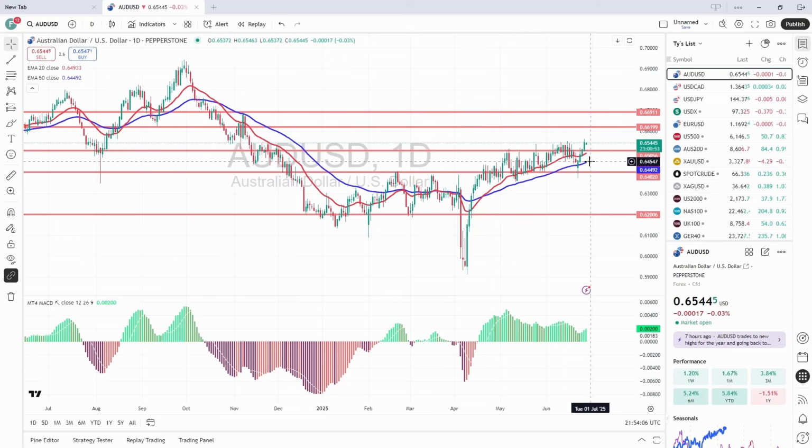So if you are still long or you're looking for some opportunities, I think the momentum is still strong in that direction. If we see a bit of a pullback and a little bit of a lull from here, maybe a pullback to the 65-cent flat mark, especially if the 20 moving average catches up. But a really good landing zone. I think the Aussie is doing some good things. So hopefully you're able to take advantage of some of that, because there were some really good trades on the